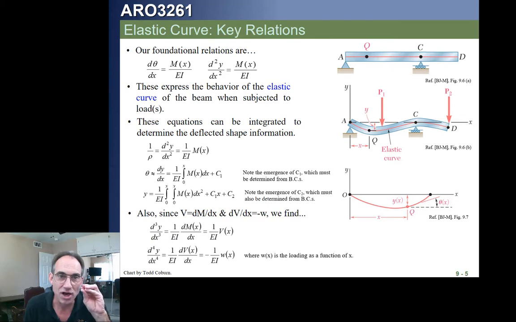Now maybe you're starting to catch on here. What this means is if we have an equation for the deflection of the beam, we can differentiate 4 times. The first time we differentiate, we're going to get the slope, because that's the change in the deflection with respect to x. We differentiate again and then multiply by EI, or divide by EI, and we're going to get the moment. We do it again and we're going to get the shear. We do it again and we're going to get the